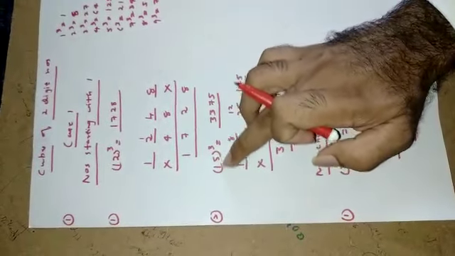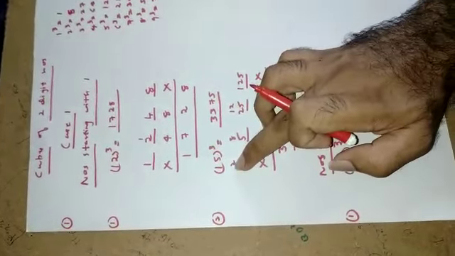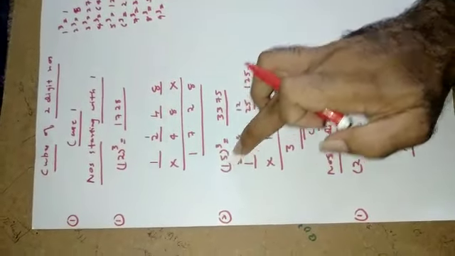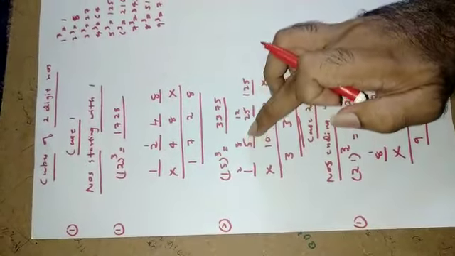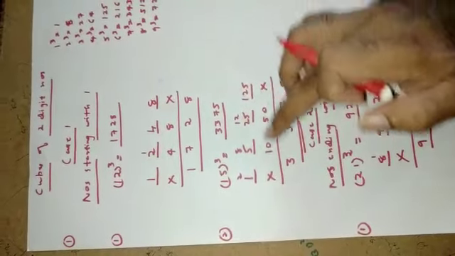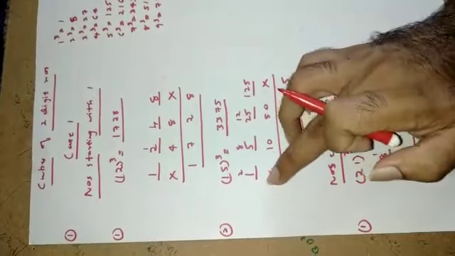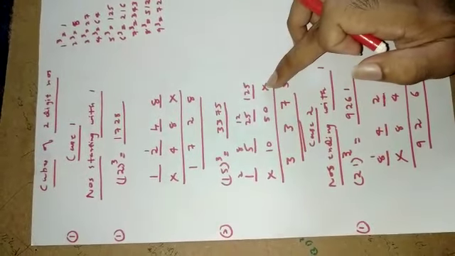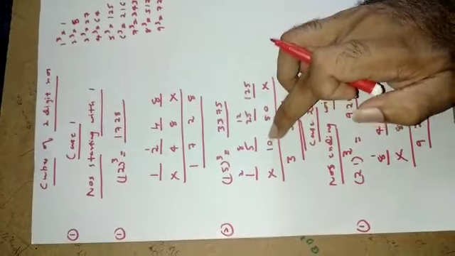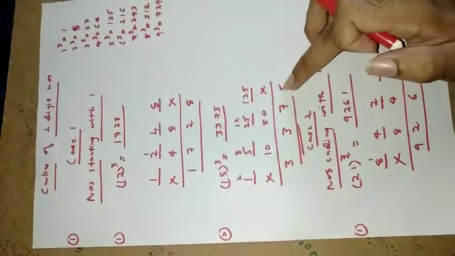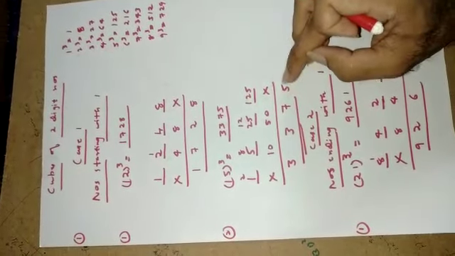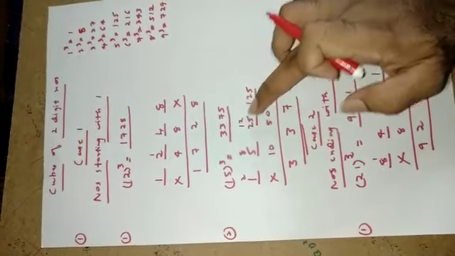Let's go to the next problem. 15 cube. So put 4 spaces here, 1, 2, 3, 4. 1 and this 5, 5. 5 square is equal to 25. 5 cube is equal to 125, and put one cross mark in the first space and fourth spot. Then 25 into 2 is equal to 50, 5 into 2 is equal to 10. Then we need to add these things. 5, put only one digit here, 5 and 12 carry.